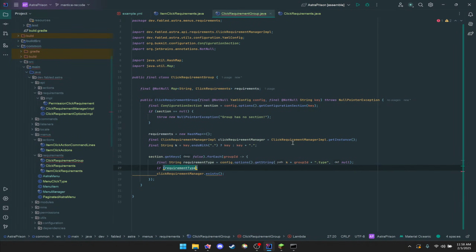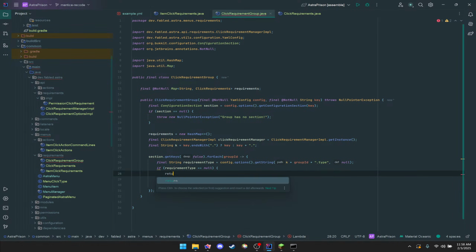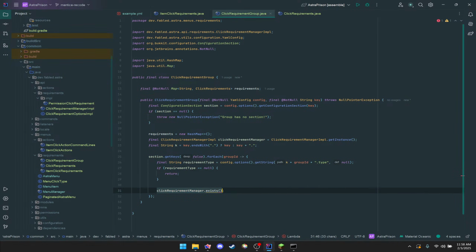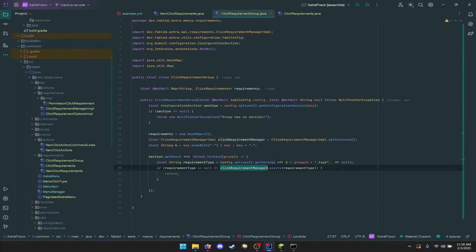If requirement type is null, then we will return, and we'll also say, or if it does not exist, then return. That way we're not going to store that, we're not going to do anything else with that group ID, or